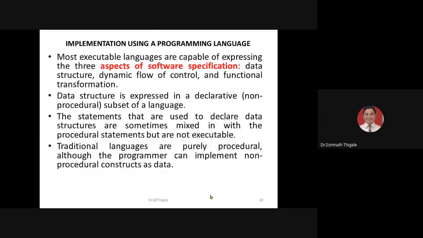So most executable languages are capable of expressing three aspects. Being a developer or a software programmer, we should be able to understand the data structure, the dynamic flow of control, and functional transformation. That means we need to understand the declarations, the way variables are declared, the way assignments have been done.